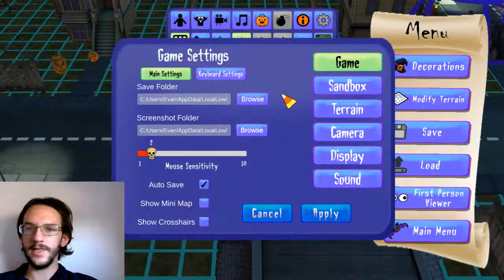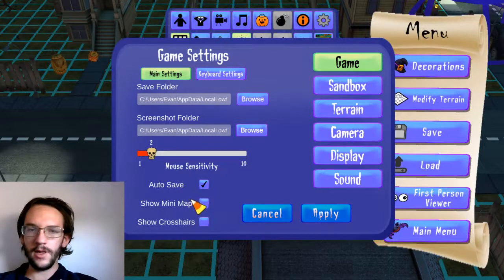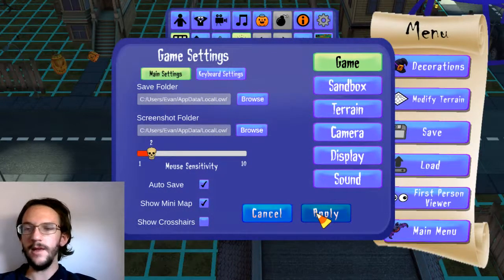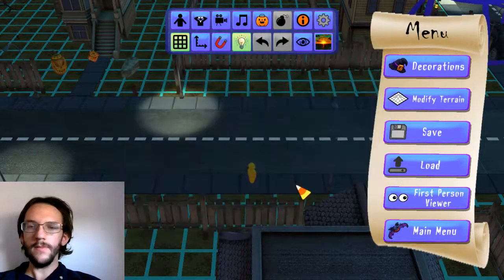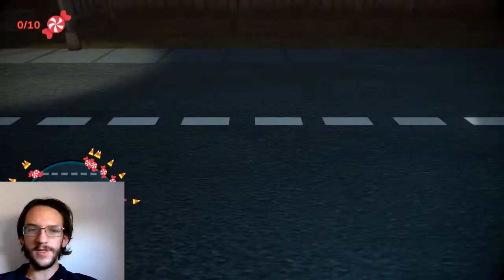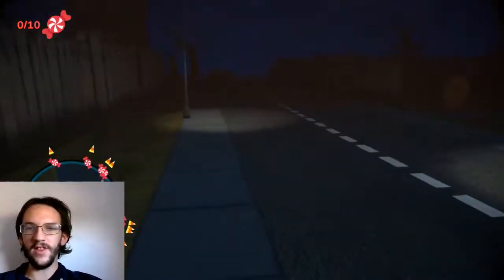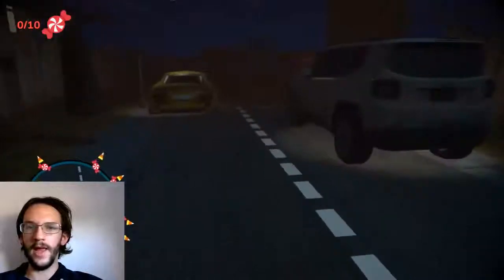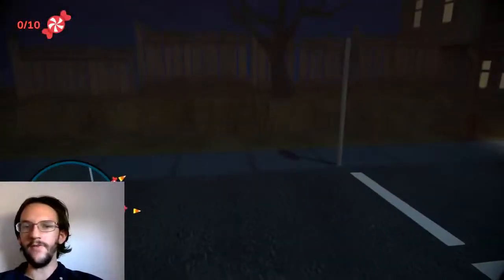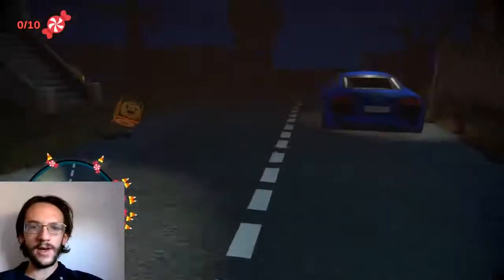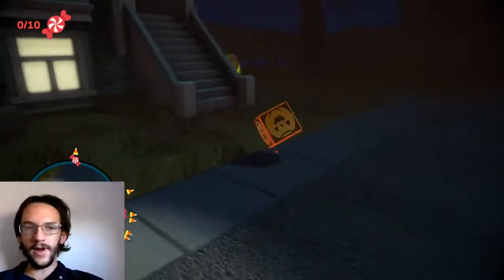We're going to go to the settings and enable the mini map. And then when you go back to the first person view, you can see on the mini-map they've got directional arrows that point to where the candies are. So if we come over here, you see that one candy right here, that's that directional arrow pointing to